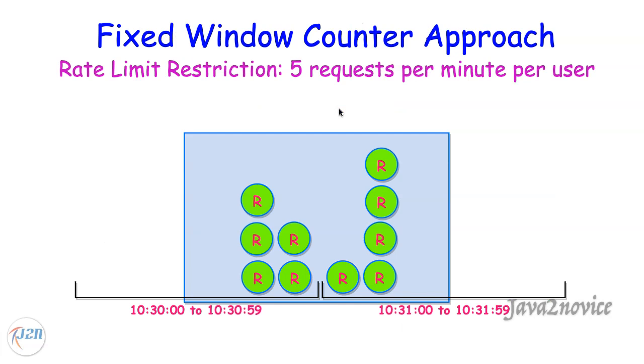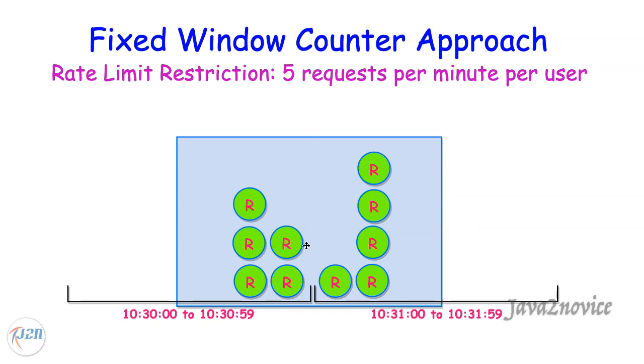There is a disadvantage with the fixed window counter approach. Even though it is simple and straightforward, it lets through twice the number of allowed requests per minute. Let's understand this better. Here is an example. This is a 1 minute fixed time frame window. This is the next minute window fixed time frame. These are the requests that happen within these fixed window time frames. If you closely notice here, all these requests happened at the end of the window time frame. These requests happened at the very beginning of the next window period.